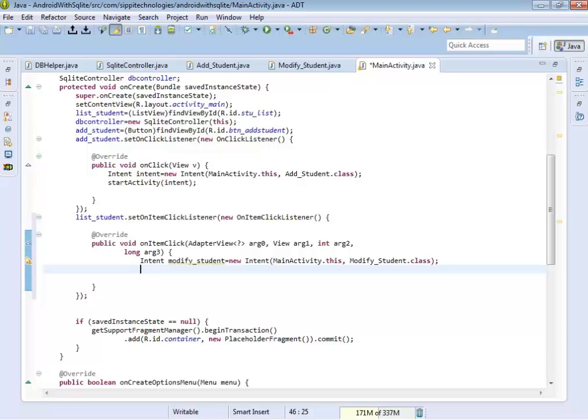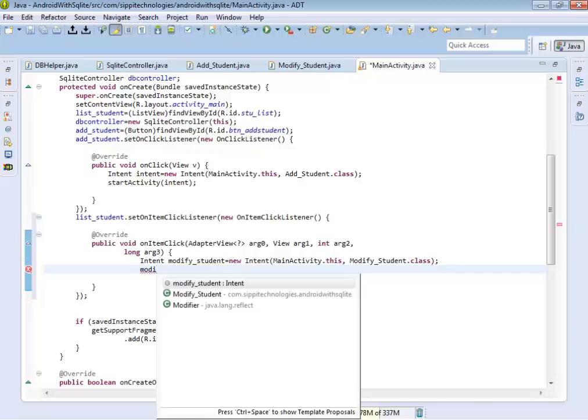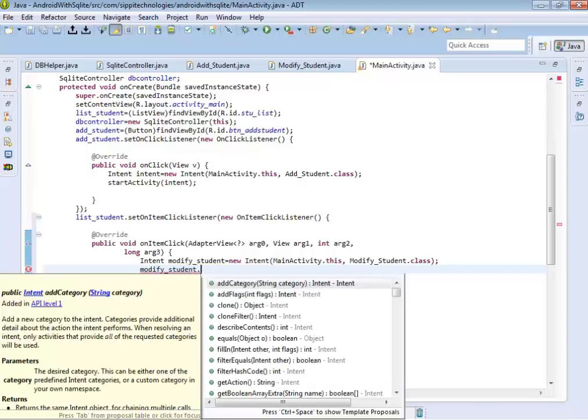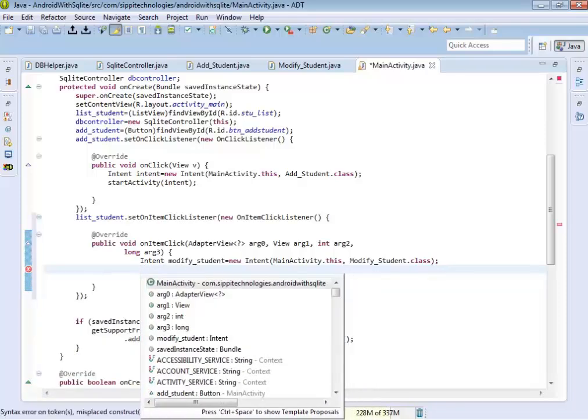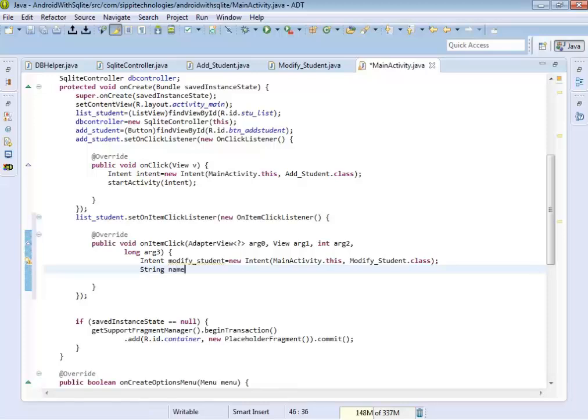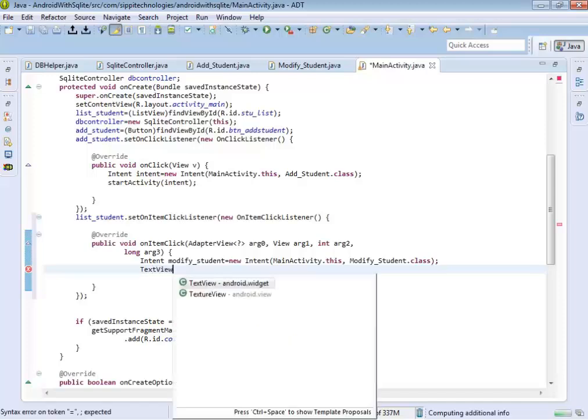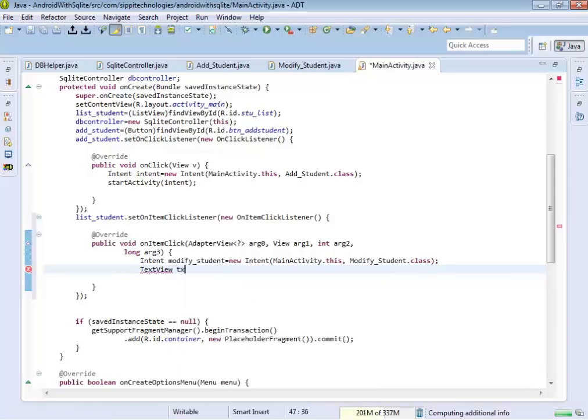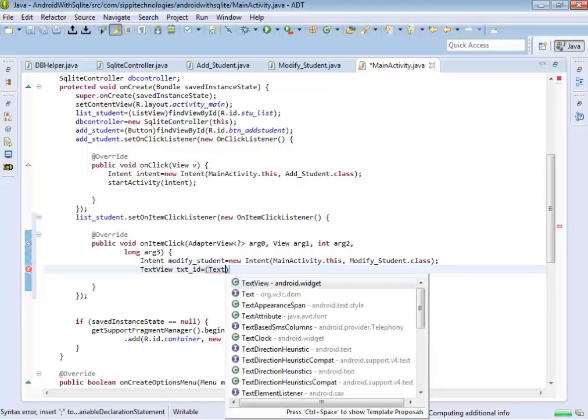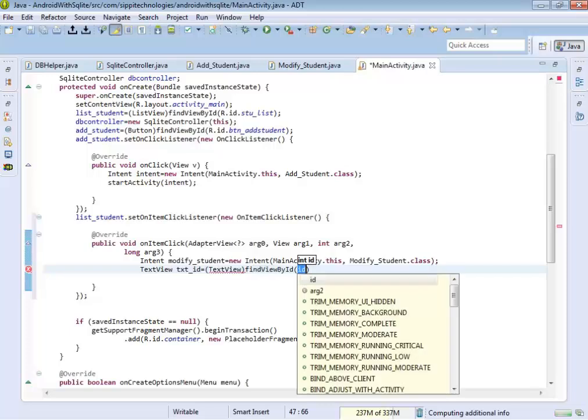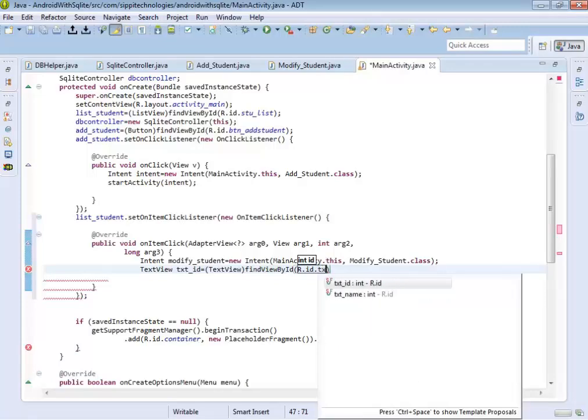So to do so, ModifyStudent. First of all, initialize our string name is equal to, declare TextView objects, TextView testID is equal to TextView findViewById R dot id dot testID,